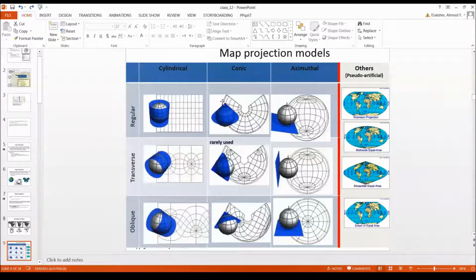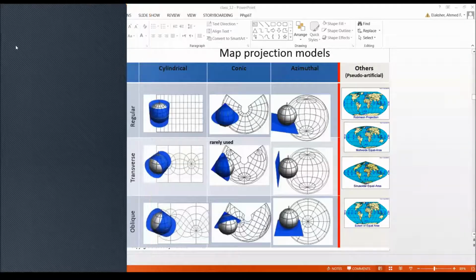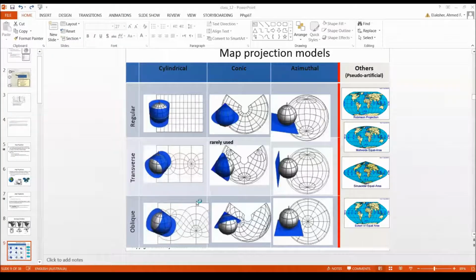If we placed it horizontally, meaning the axis is horizontal, let me put it in Paint here, and then share the Paint